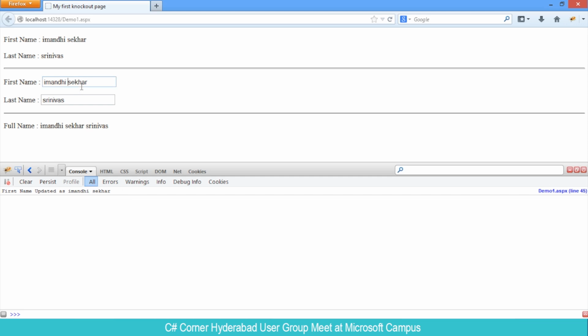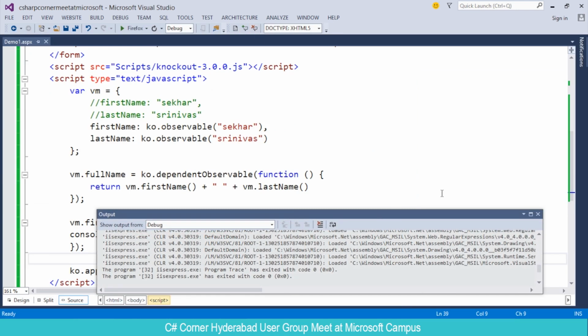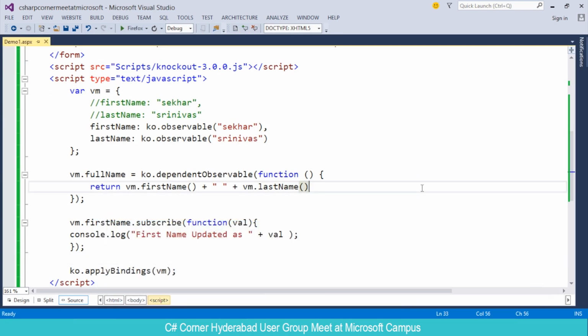But you can observe it. Once I provided the value, when I come back to the other thing, meaning when I'm out of focus from that particular control, then the subscribe is working. In case I want this subscribe to work immediately if any changes happen, then what we can try to do is